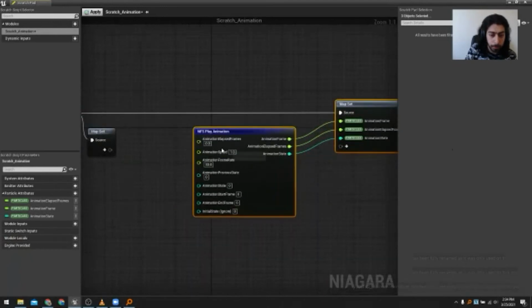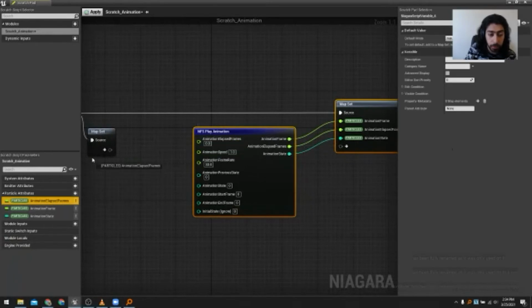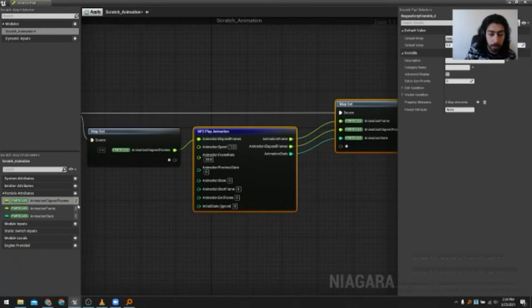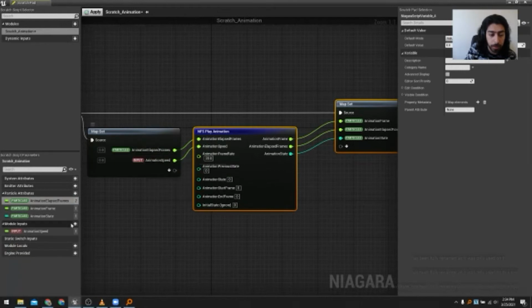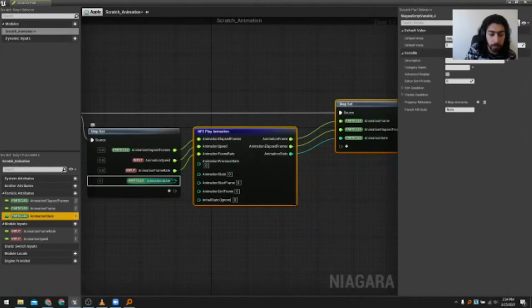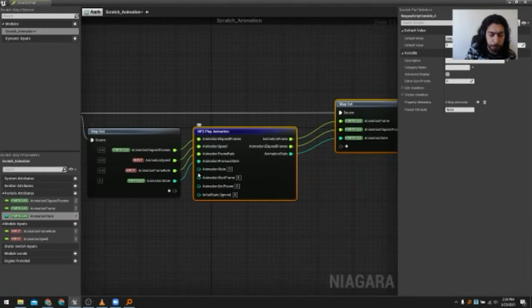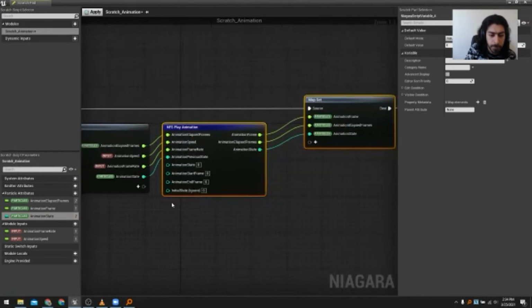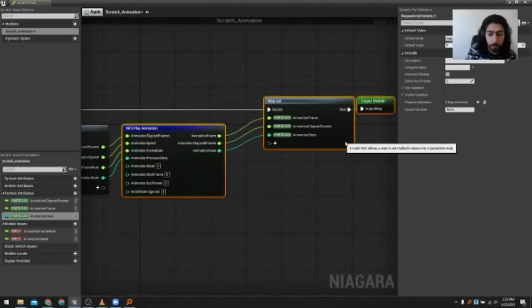Okay, now, same thing for the input. Well, we know that the animation elapse frame is actually the one we just created. So we're just gonna connect it here. The animation speed is actually an input, so we're just gonna connect it here. It's an animation speed input. Animation frame rate, it's also an input. The previous state is literally the state we saved. So that is the state. Let's see. The start frame, end frame, and state are actually properties that we want to set.